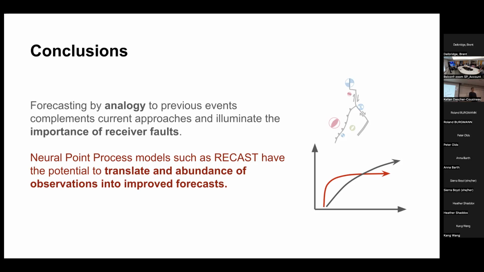And Brent, do you want to unmute yourself and ask your question? Can you hear me? Yep. Oh, great. I was curious if we've been using ETAS to infer the physical parameters from these catalogs. Doing this analysis, do you think we're getting some biased estimates in those physical parameters?